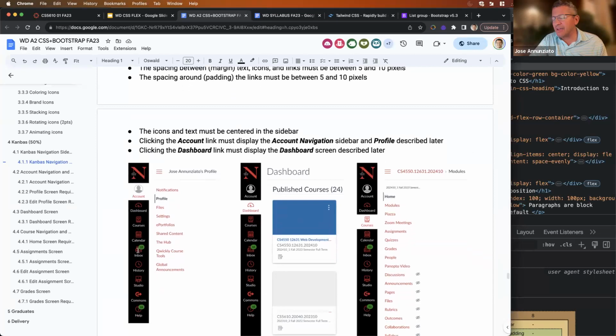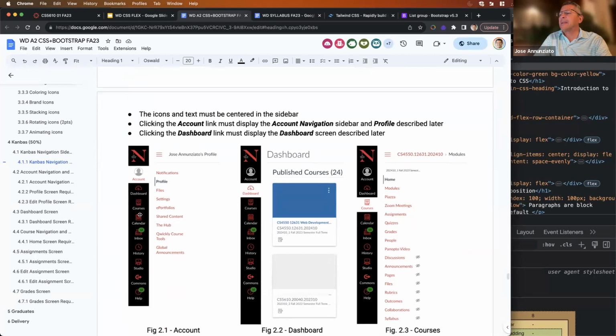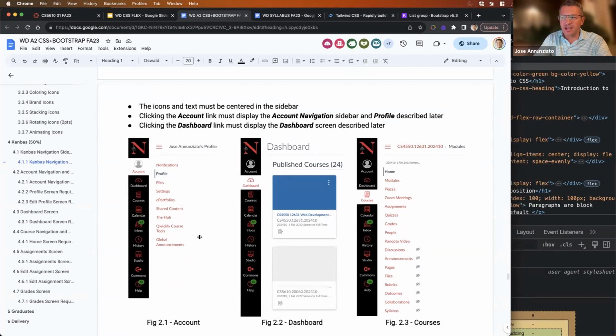And the font doesn't have to be pixel perfect. So you can use something like Arial or Verdana or something like that. But definitely not the Times New Roman out of the box. And so also you should style the